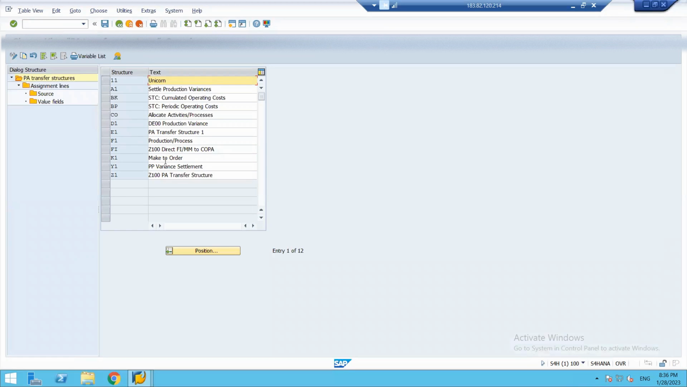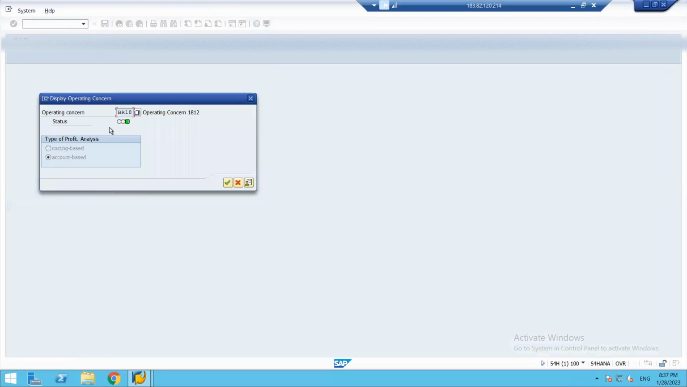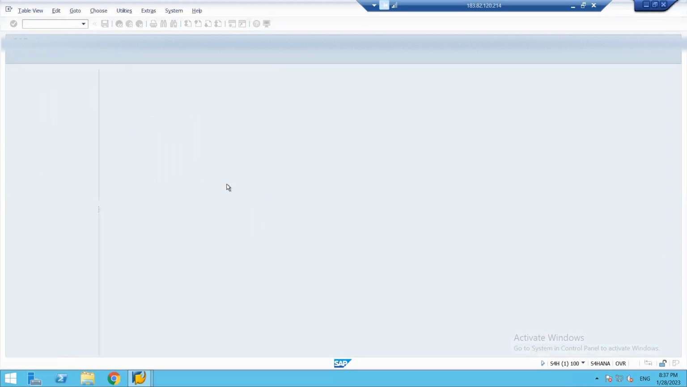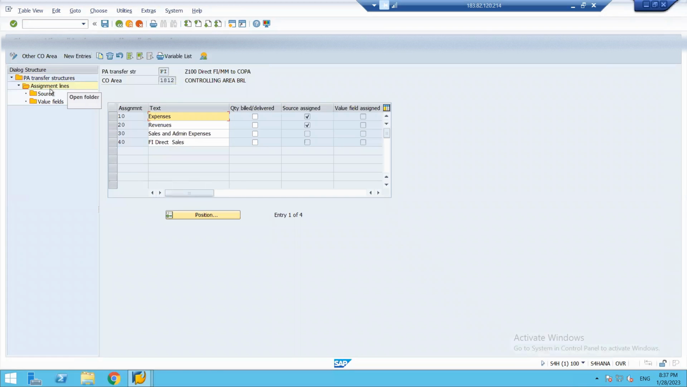We'll just select. So by this, we understood that the controlling area and operating concern need to be set properly for proper assignments. So now the operating concern is set as BR18. Now the most important thing, we have few text under this, and under these assignments we need to assign sources